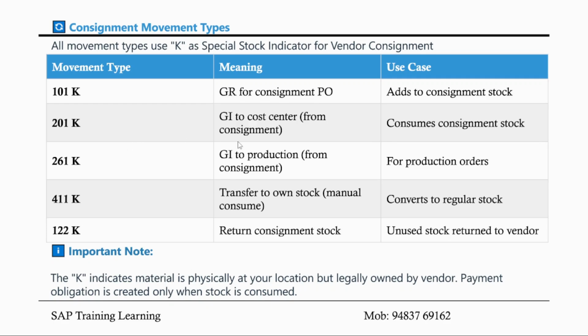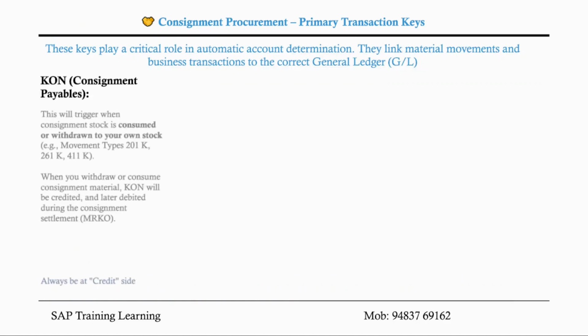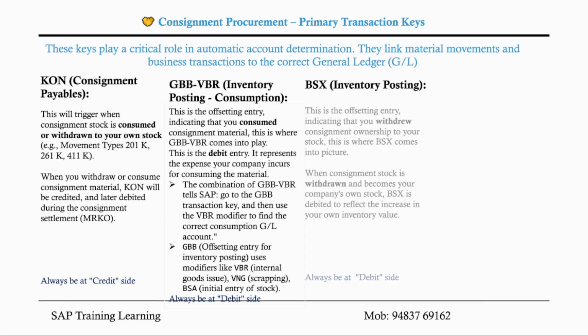Both belong to goods issue. This is goods received, and this is for transfer of ownership. And the last one is 122K to return the unused stock to the vendor. Okay. Now let's understand some of the transaction keys involved in